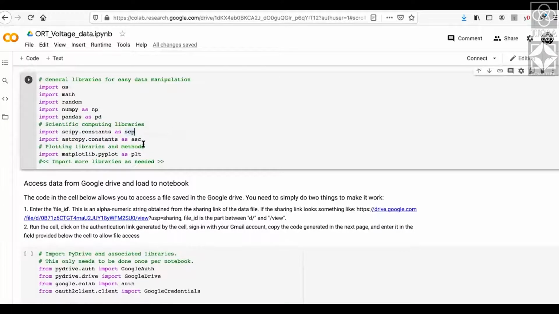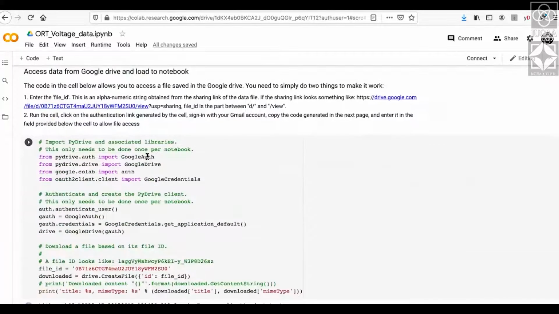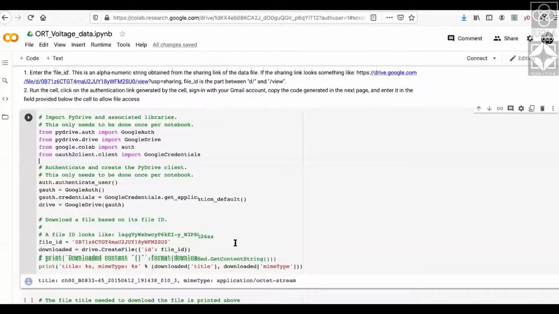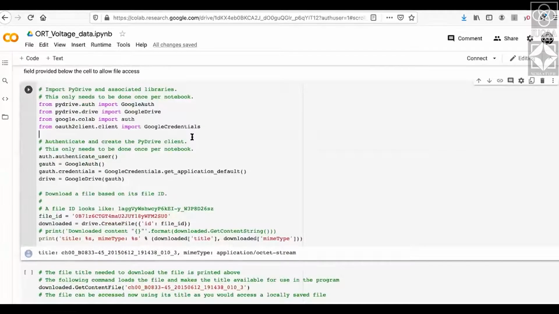And then you don't have to worry about plotting these on your system yourself, although these are fairly straightforward and simple libraries. This data is all saved in Google Drive, and in principle, you can directly access these files from the Drive location and download them and analyze them. So that is what this piece of code does over here.